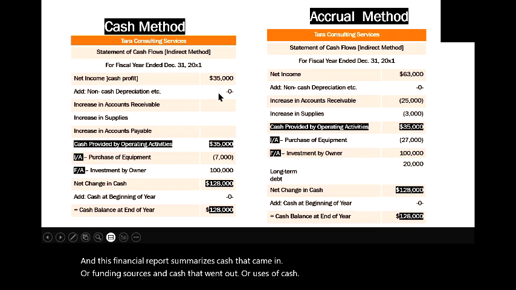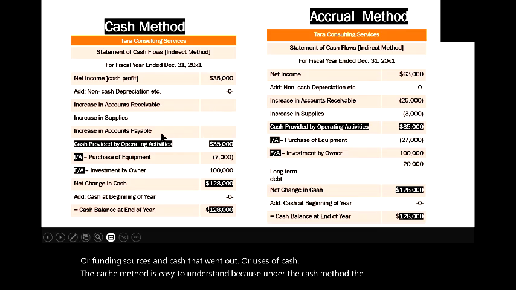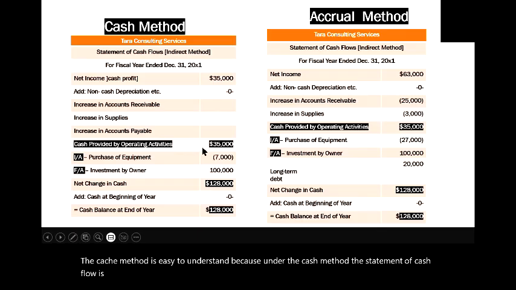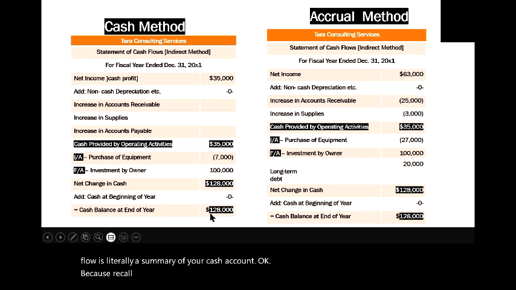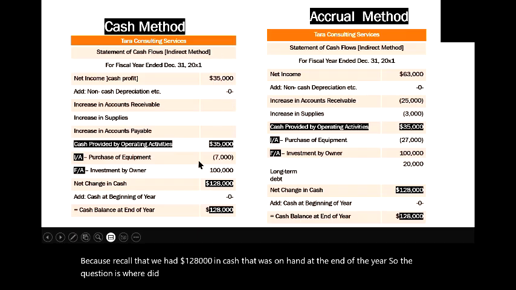The cash method is easy to understand because under the cash method, the statement of cash flow is literally a summary of your cash account, okay? Because recall that we had $128,000 in cash on hand at the end of the year. So the question is, where did the cash come from and how did we end up with